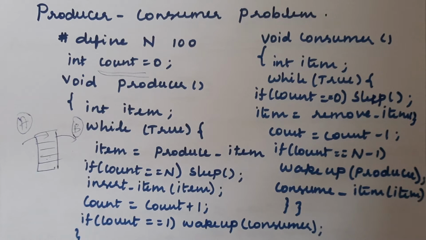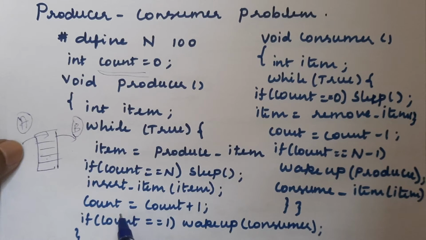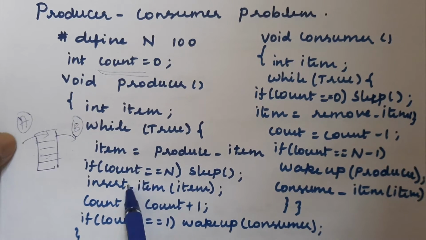So once you place any item in the buffer, the count value will be incremented. In the same way, once you remove any item from the buffer, the count value will be decremented. So this is the purpose of the count variable. And if you look at this void producer, here we have separately the subroutine for the producer process and